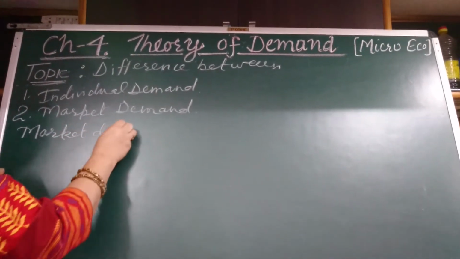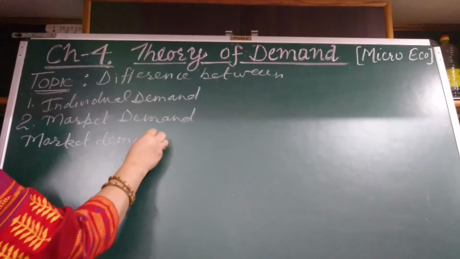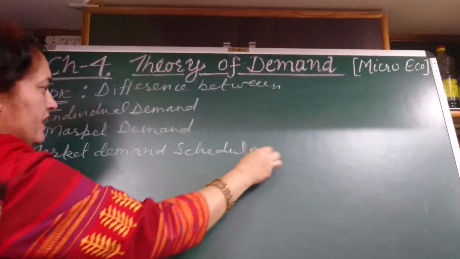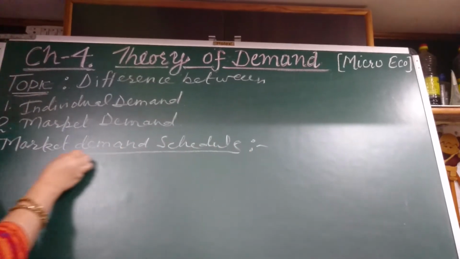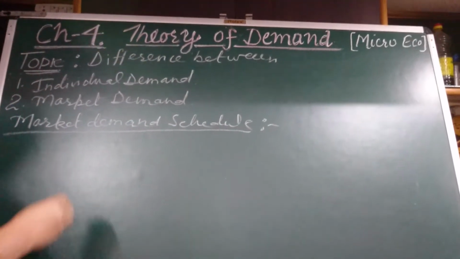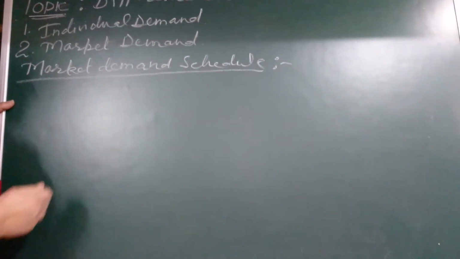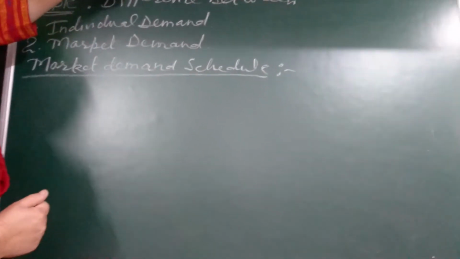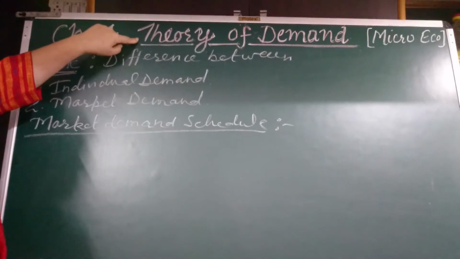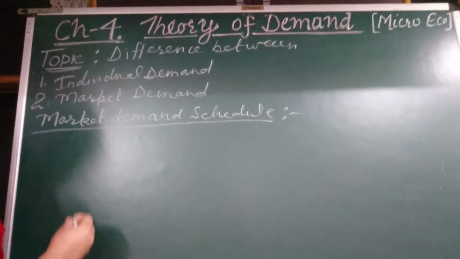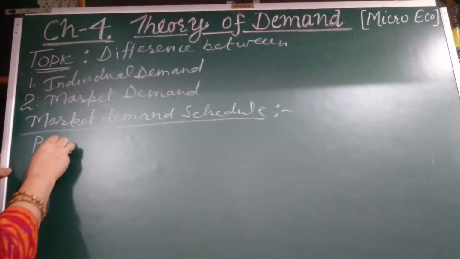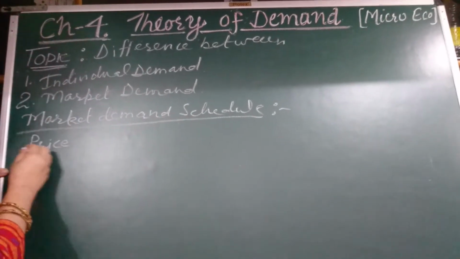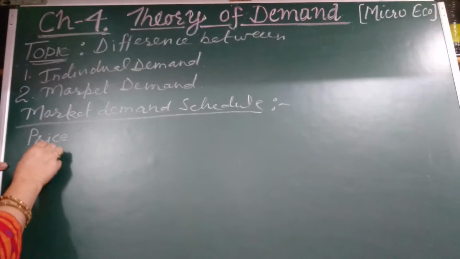Market demand schedule is actually a summation of all individual demand schedules. This chapter, theory of demand, is based upon the consumer. Assume that you are a consumer. Now for the construction of market demand schedule, let us suppose that